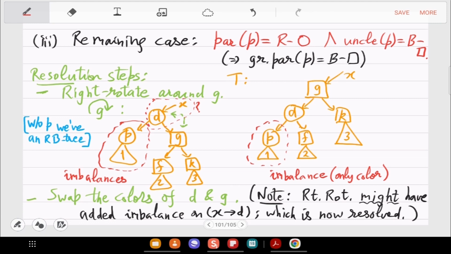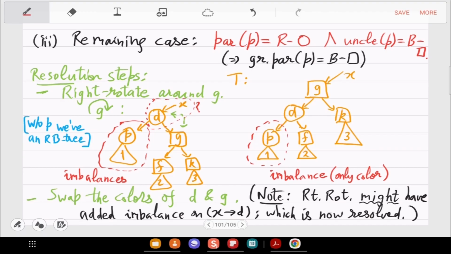Wherever I am saying left or right and giving the pseudocode, you have to write the symmetric pseudocode. In the picture, we have already biased towards left, so you have to also handle the right side.